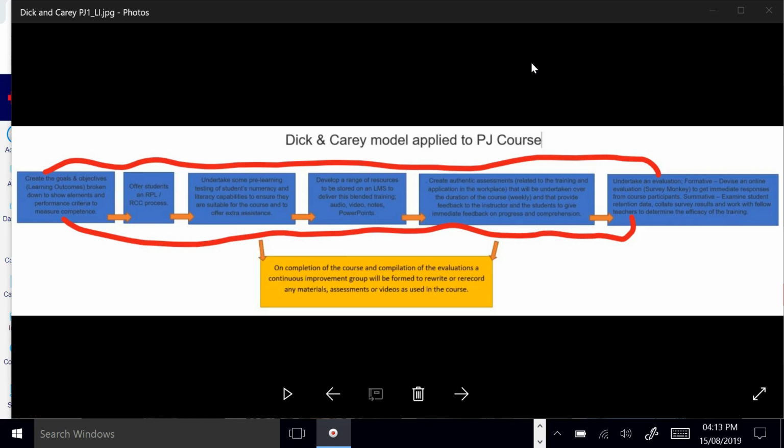So rather than just doing a podcast, I've got this screen sitting here simply because I went away and developed a little model. So you'll notice I've come up with box one on the left there, create the goals and objectives, and I'm going to base this around a training package, a vocational course in Australia